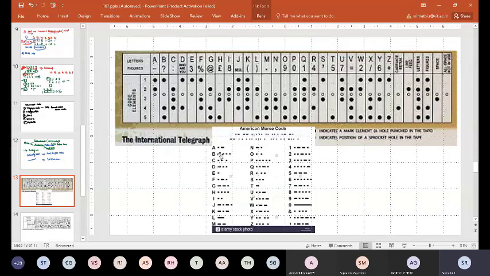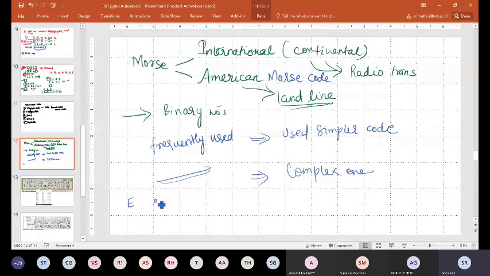I'll write here as an example. The letter E will be represented by a small dot. And T can be represented by a small dash.